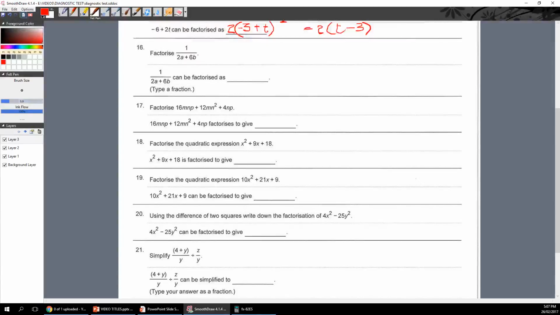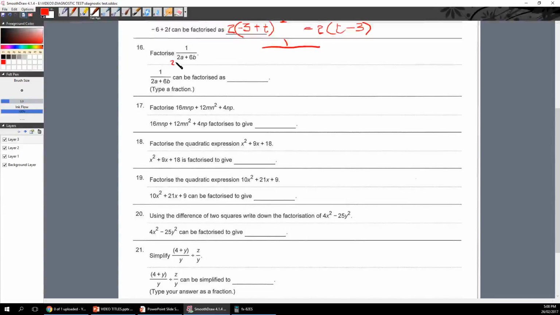Okay, factorize this. It looks like the answer we're looking for for number 16 will be a fraction, something like 1 over something like that. So if we look at the factors, we've got